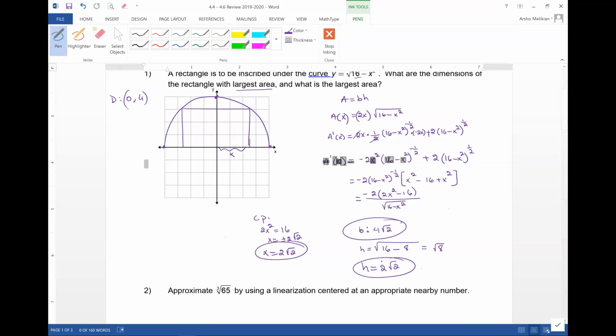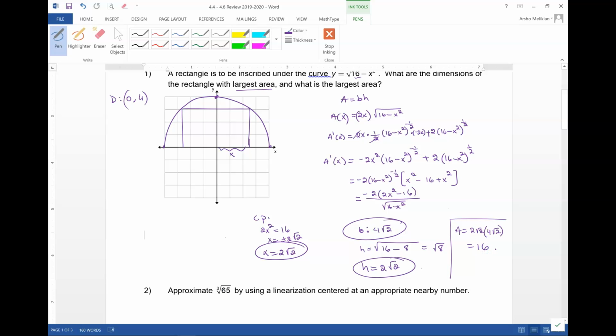Questions? Why is the base 4 root 2? Because it's 2x. X is only half the base. Yes, so the area is going to be 2 root 2 times 4 root 2,